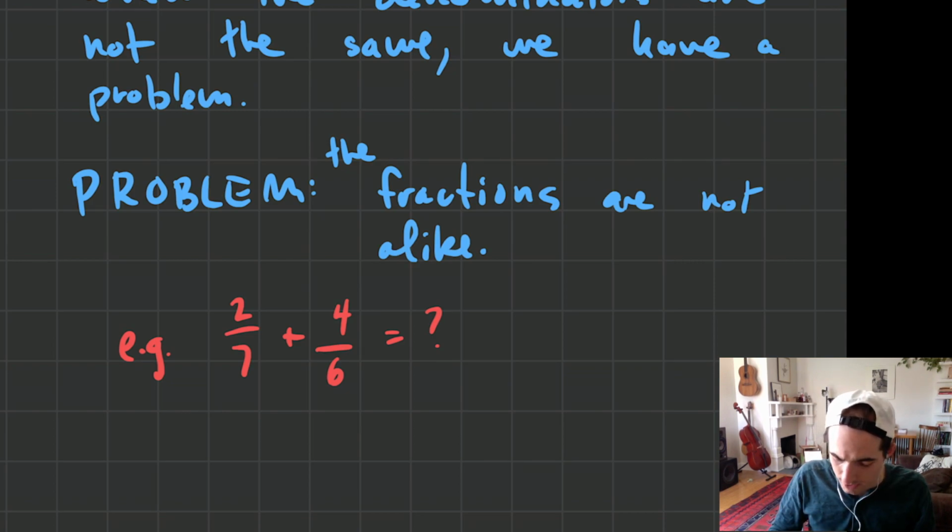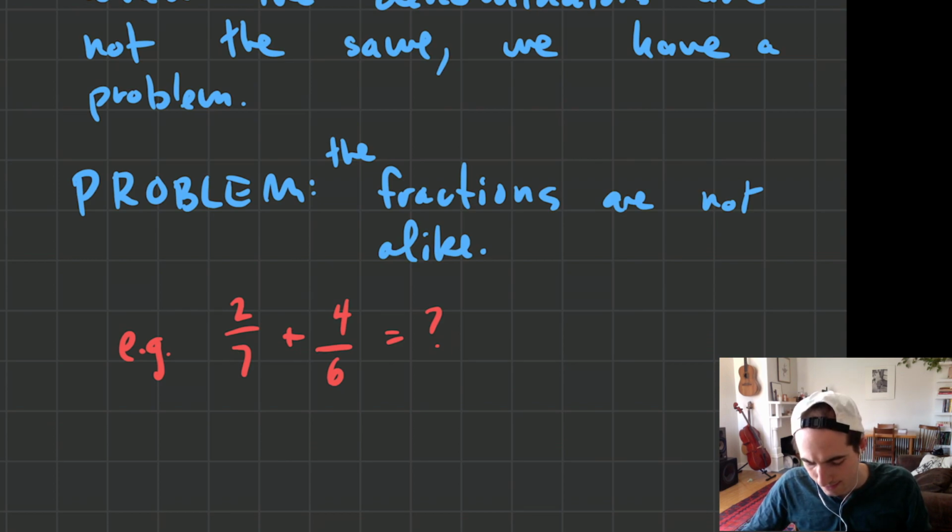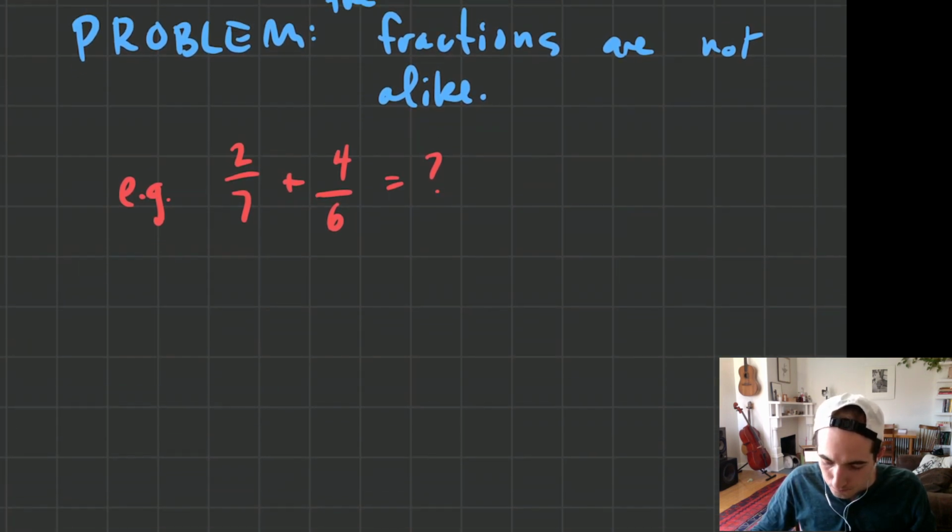But what I really want to do today is talk about what we're doing here, why we do it, and really analyze what happens when we add fractions that have different denominators, because that's really all we're doing when we're adding rational expressions, is we're just adding fractions that have different denominators, except the denominators are like x plus 1 instead of 6 or 7. So